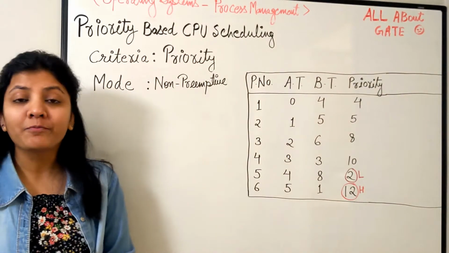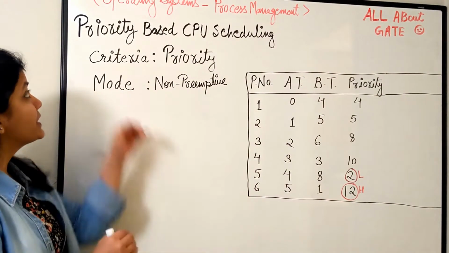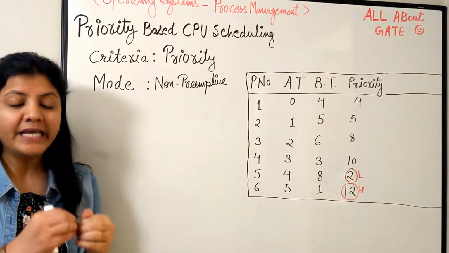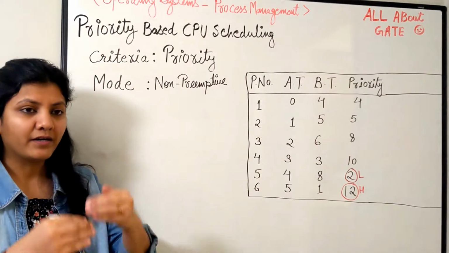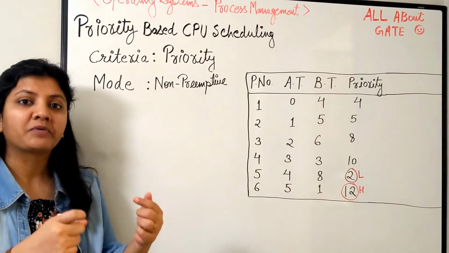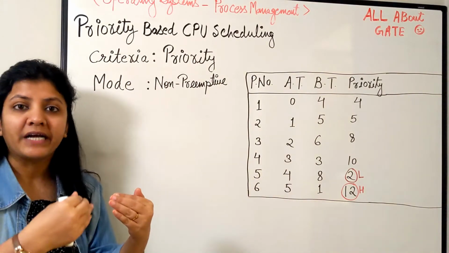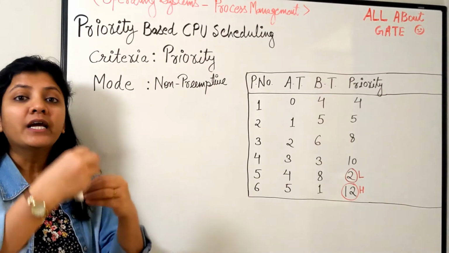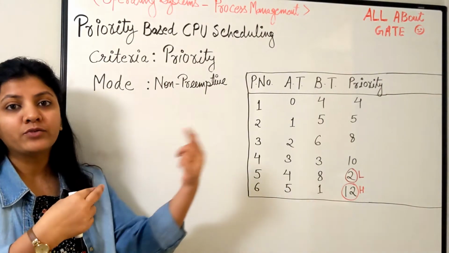We are studying the CPU scheduling algorithm in the operating system. So this is the video where we are going to understand and discuss priority based CPU scheduling, where each process will be assigned a particular priority number. If you have 10 processes in the job queue with different priorities, some are on high priority and some on lower priority, and the CPU scheduler or the short-term scheduler picks a process from the ready queue based upon the priority assigned to that particular process.